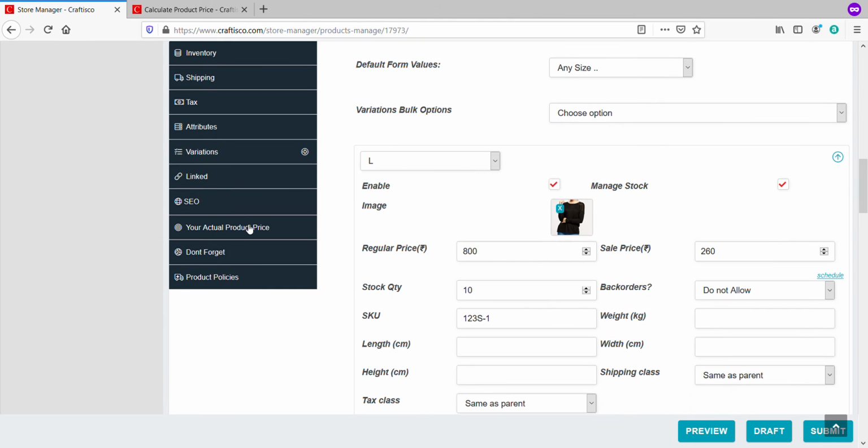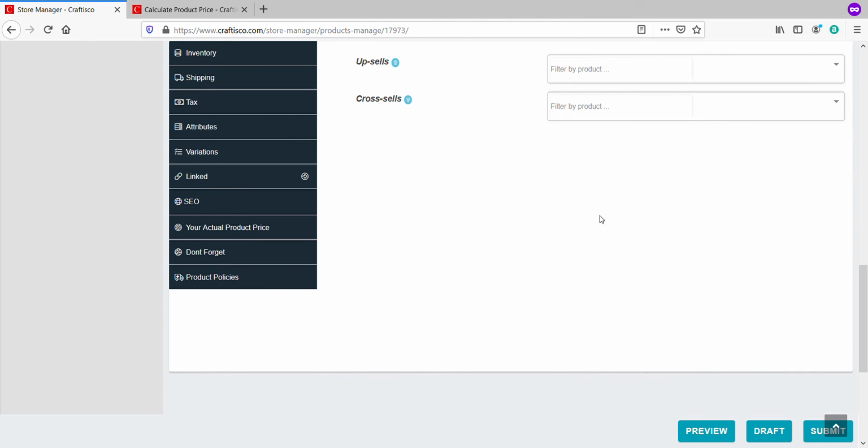And link product, as we always mention, link your products. Let's see if I have a white top which I'm going to link. So whenever my black top comes in, my white top will be visible to the customer as well, so they know that I'm selling two kinds of tops. So maybe I don't have this. So always link your products so customer knows that you're selling more than one product.